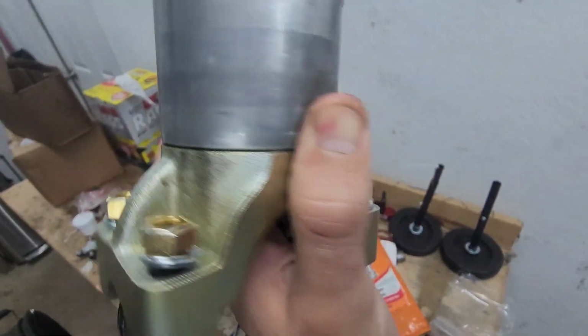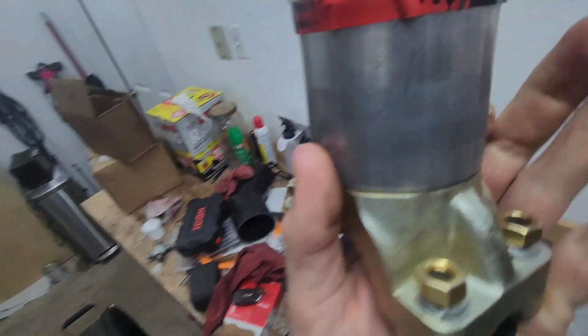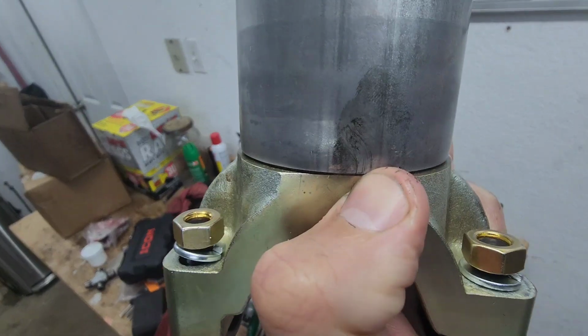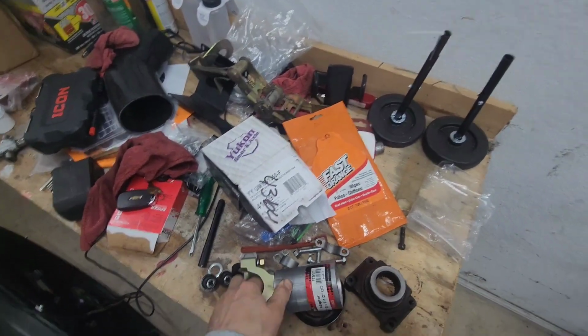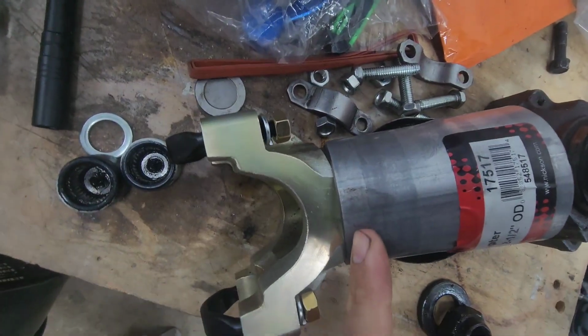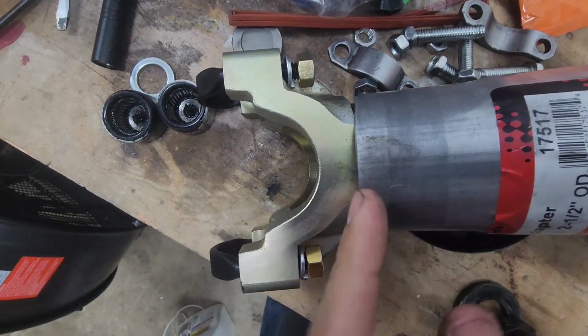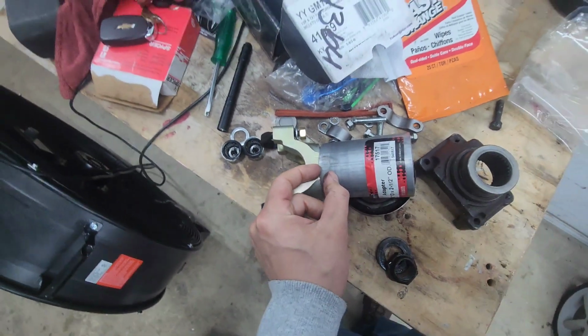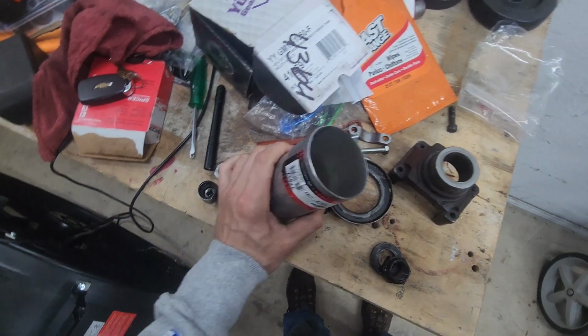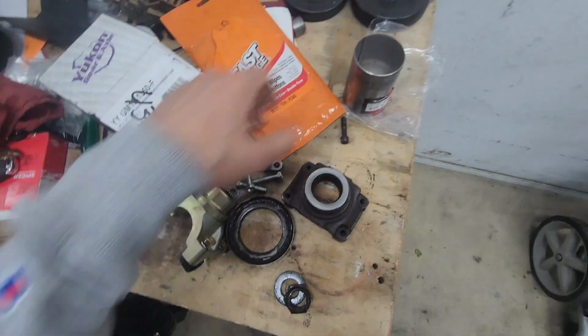So I'm going to take this exhaust pipe, I'm going to cut it probably just a little. Let's see if I can... probably just going to cut it about right here, use about that much of it, something like that, maybe a little bit more. And I'm just going to stick it,